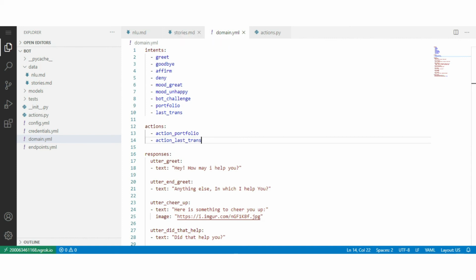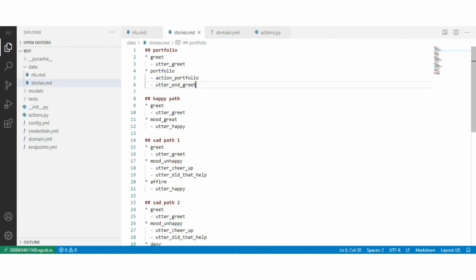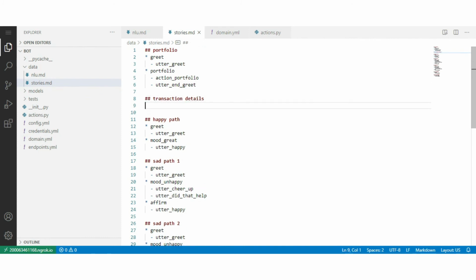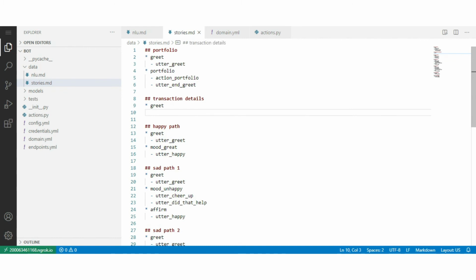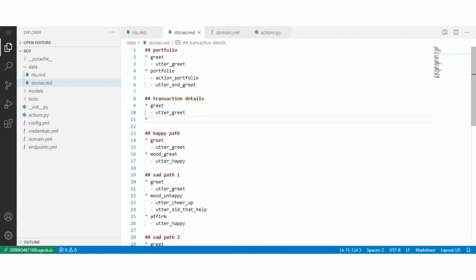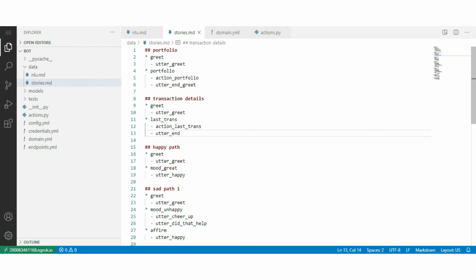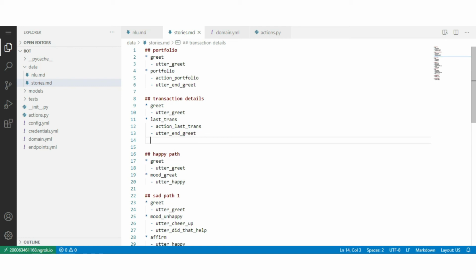Create a storage for last transaction details. Well, both the conversations are completed.